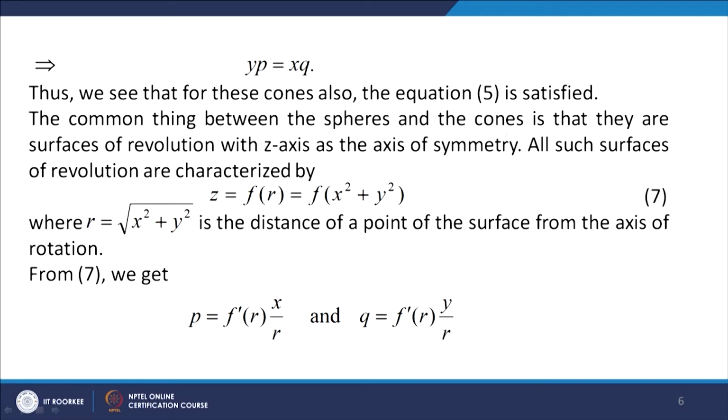Now, all such surfaces of revolution are characterized by z equal to f of r, which is f of under root x square plus y square, where r is equal to under root x square plus y square, the distance of a point of the surface from the axis of rotation. Say for example, suppose you take the sphere, or you take the right circular cone,